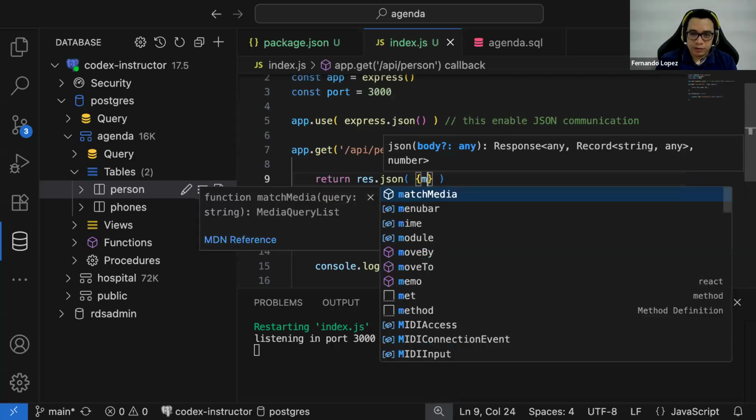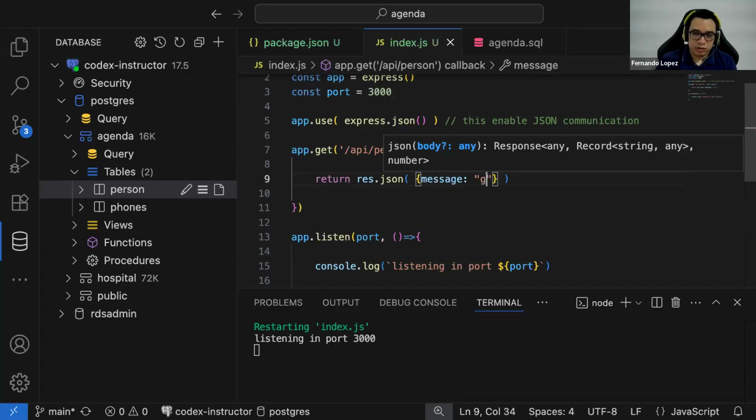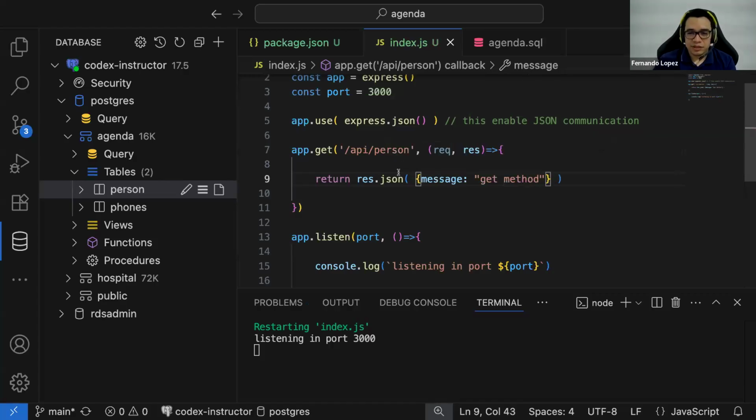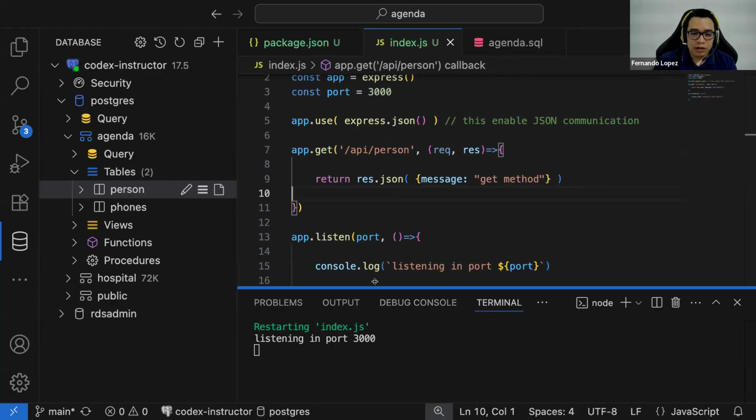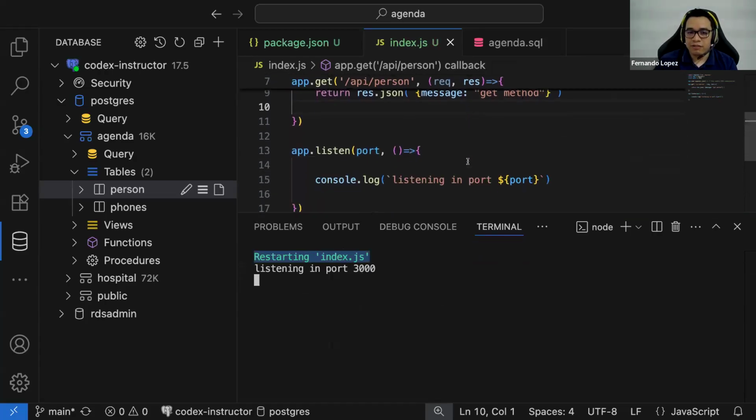It could be a message, get method right now. I won't create a connection to the database right now, but we're going to try this. Now, I don't know if you noticed this, but my terminal is restarting my index file because I am modifying the file. This is possible because I am using the --watch parameter in the way that I'm deploying the backend.